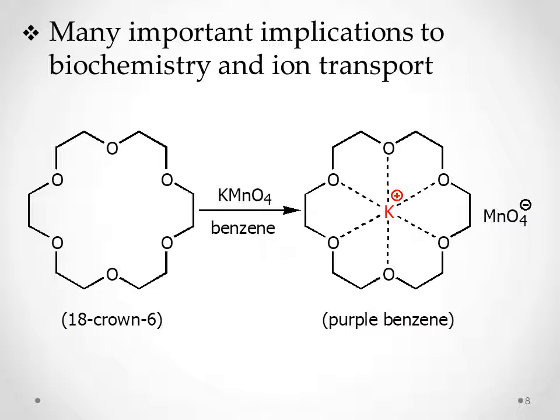Normally, cells must contain a gradient between the concentration of sodium and potassium ions inside and outside of the cell. Potassium ions are pumped into the cell, sodium ions are pumped out. The cell membrane in its interior is like a hydrocarbon because it consists in that region primarily of the hydrocarbon portion of the lipids.